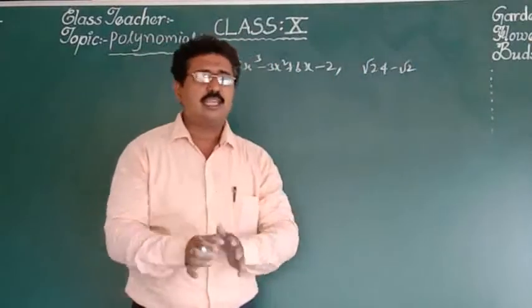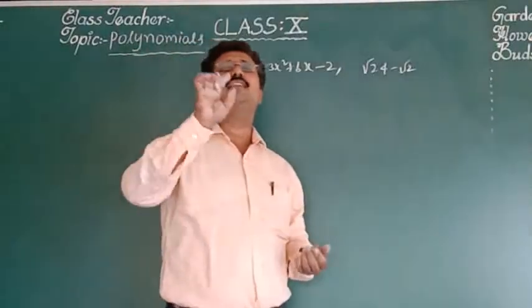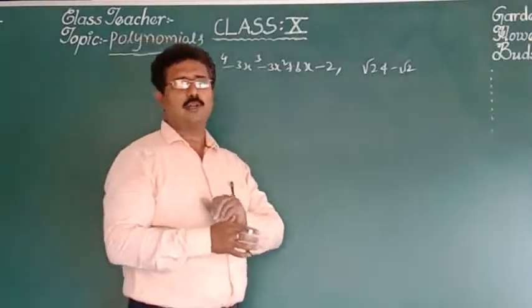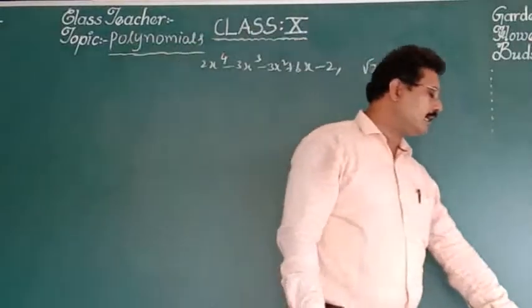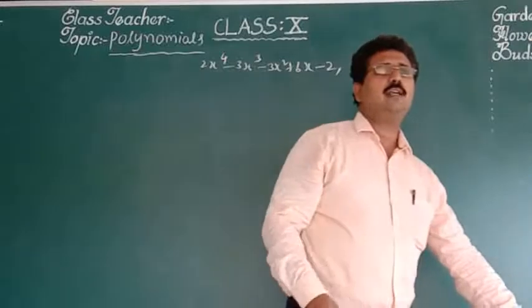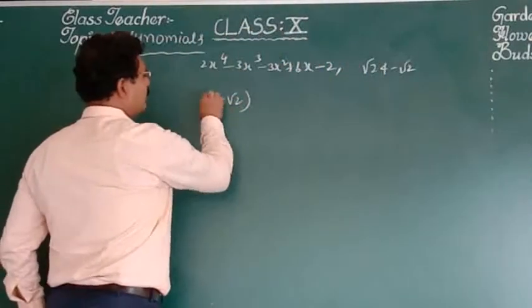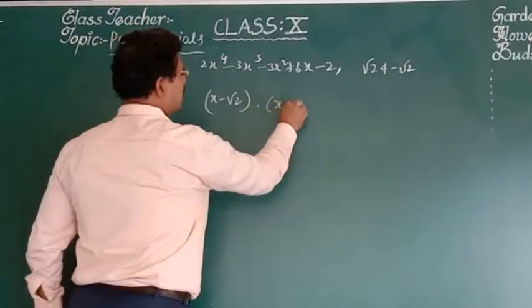So that means if a is a 0 of the given polynomial, then x minus a is a factor of the given polynomial. Now let us conclude that already root 2 and minus root 2 are the zeros given. Therefore, we can divide it by the factors x minus root 2 and x plus root 2.